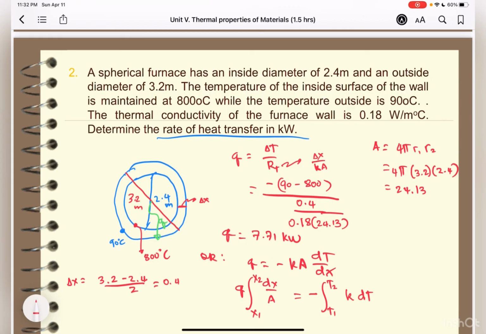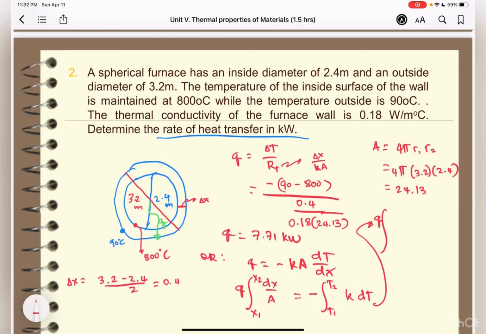Now if you know this one, you have here Q is equivalent to the integral, sorry for that,